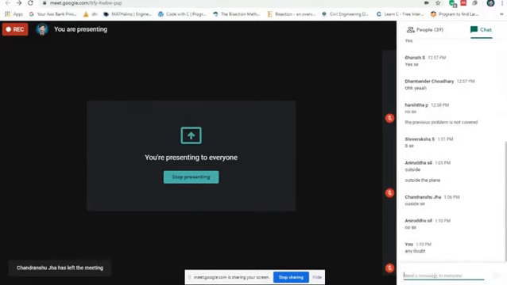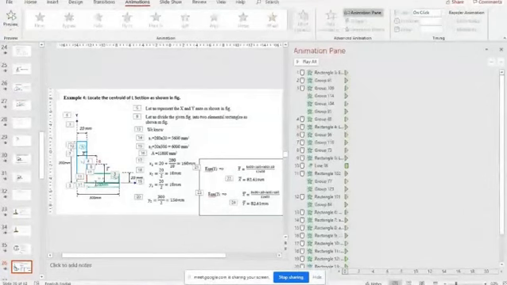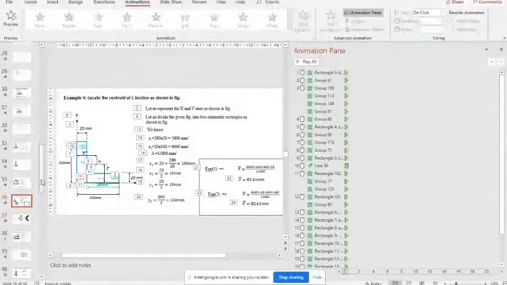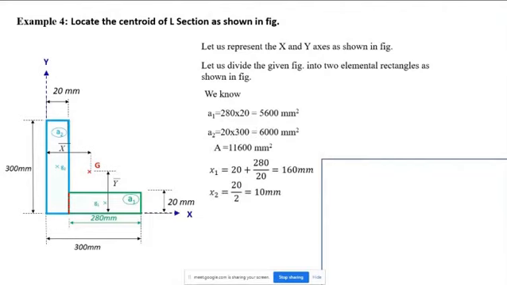Now let me discuss how the bird will be developed, with the same example. I'll start. Actually, in the previous example there was an L section, but what I did is I rotated it by 45 degrees, and we know that the centroid of that figure will lie outside. And I had considered the x and y axes like this. It can be anything.